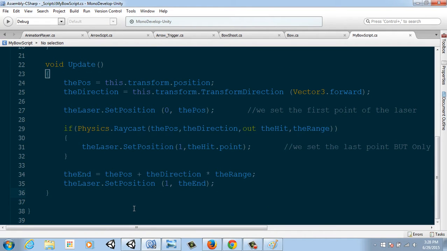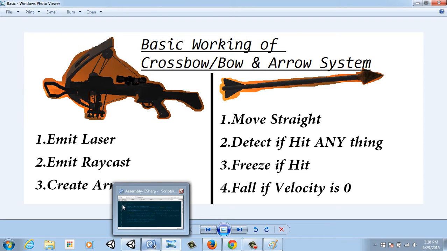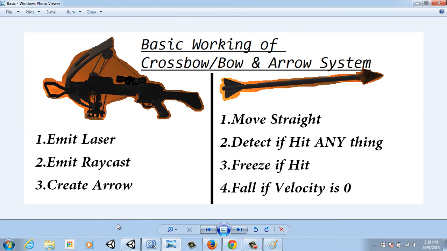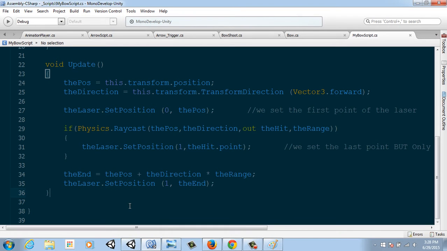So alright, how are we gonna do it? We need to just create the arrow. That's it. We don't have to be bothered about other things right now. Okay, so we're just gonna have to create the arrow itself. So what I'm gonna do right now is create it with